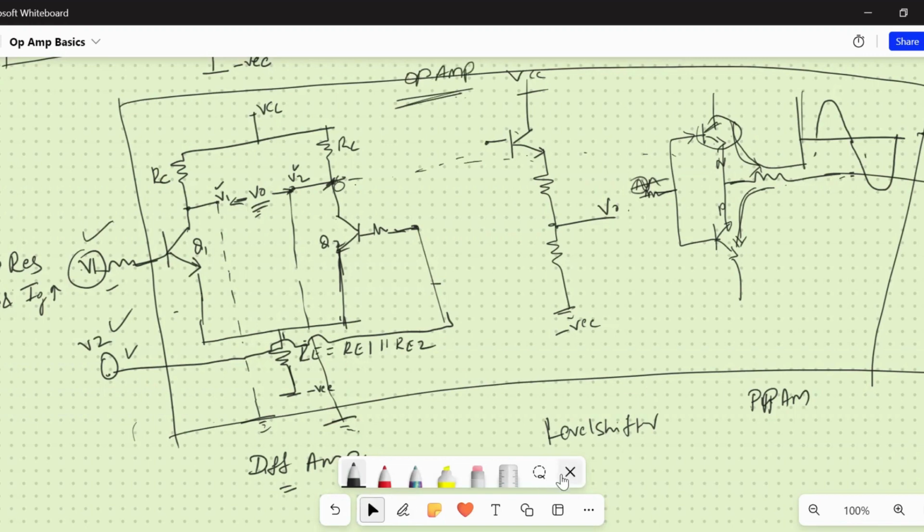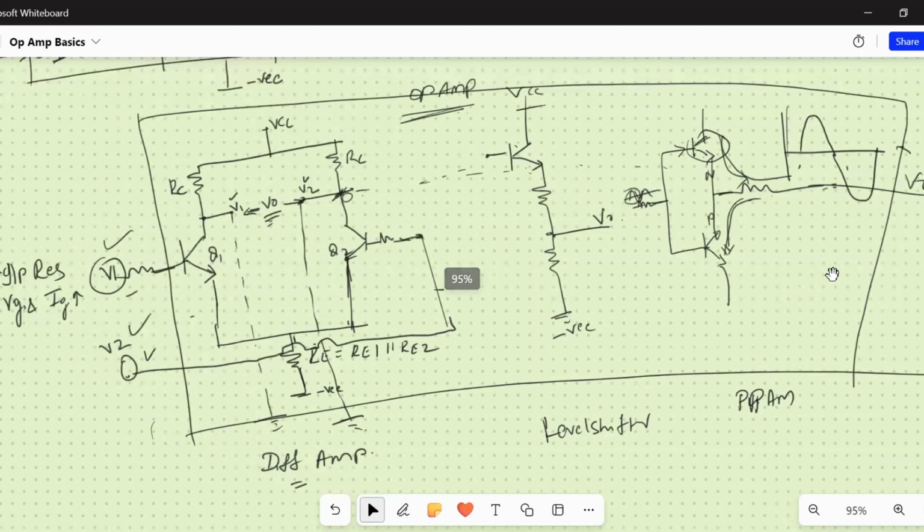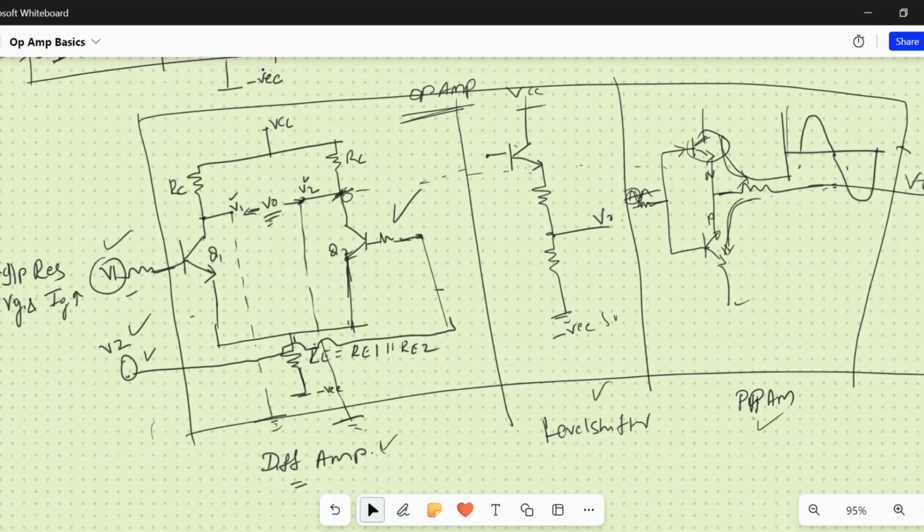So here, we wanted to discuss the basic building blocks of the op amp. Every stage, you can say this is stage one, this is stage two and this is stage three. In actual scenarios, the structure of these transistors is pretty complicated. You will have one more intermediate stage which will boost up the voltage levels, and I have not shown that here. Let us understand only the differential amplifier, level shifter, and the push-pull amplifier,